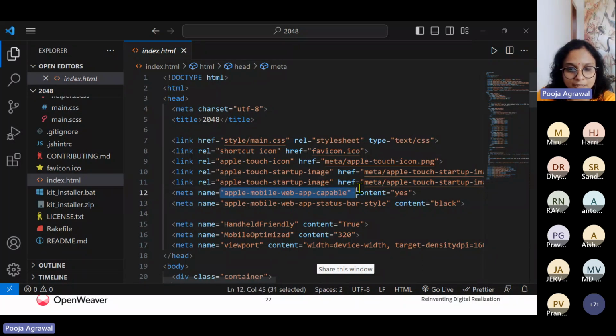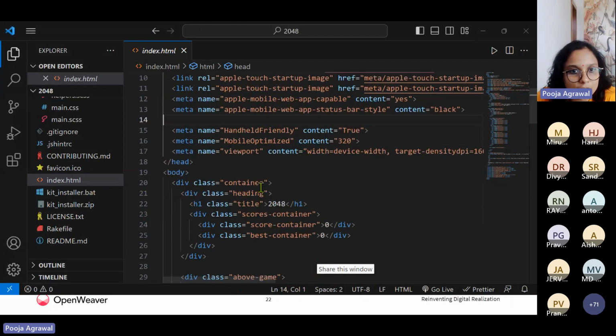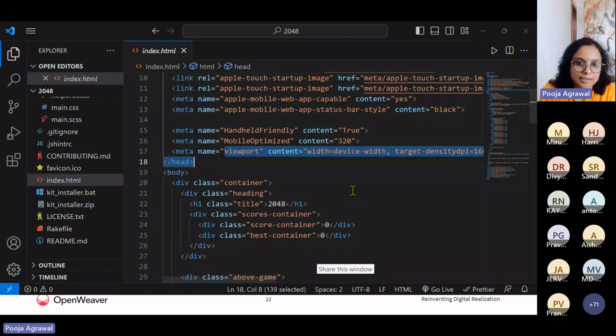And obviously we've made it compatible to be showcased. This game you could actually showcase with the help of meta tags. We've provided instructions for mobile as well as browsers, so that we are able to ensure that the game is displayed appropriately on different screens, and we can make it look like a native app when saved to the home screen on different devices. Then you would see the compatibility for being handheld, mobile optimized, and this is where your viewport is. The viewport is the main area where everything is being showcased, the width and height of your web page. So that is your viewport here.